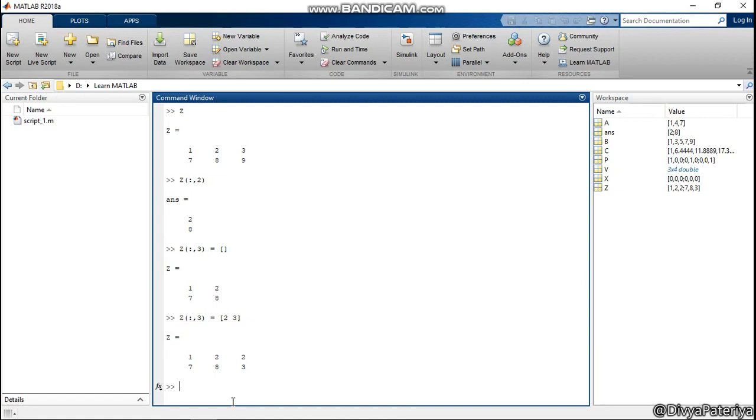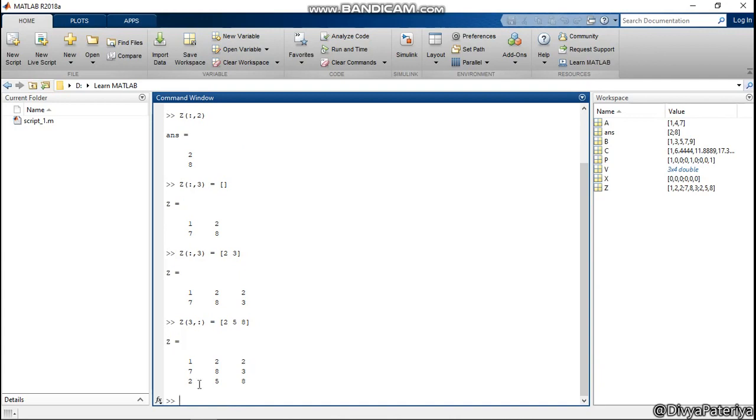Now if I want to add another row to the variable Z, I will write Z and the third row. In the third row I am adding my contents, and in all the columns, for all we use colon. If I give 2, 5, 8, we can see the elements of the third row are 2, 5 and 8. As we did not have any third row, MATLAB added a third row and gave us the contents that we defined as 2, 5 and 8.